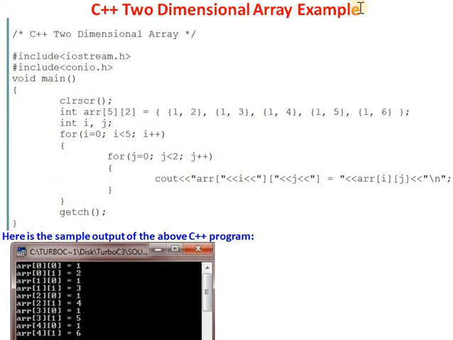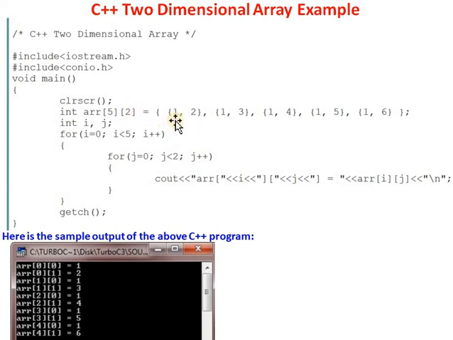Here is a sample program for a two-dimensional array. First, one comment is added as C++ two-dimensional array. Then I include two header files. Then in the main function, here a two-dimensional array ARR is defined, which has a row value of 5 and a column value of 2.